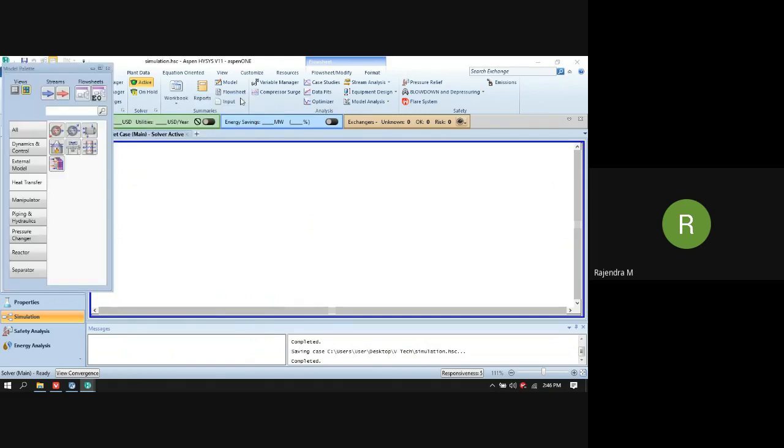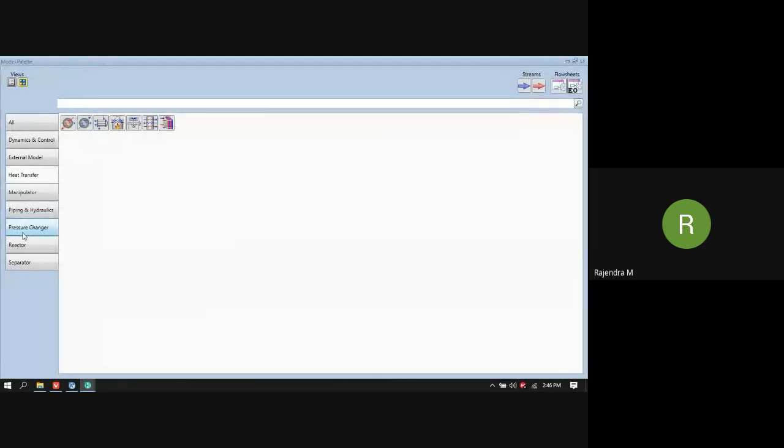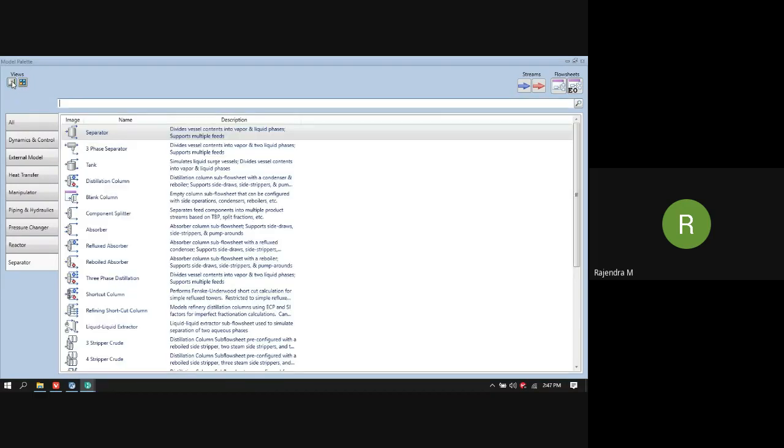You can maximize this, move to any particular tab, and click on it. Then go to the left hand side top and select the description icon, a rectangular icon. After selecting description, you can see the description of the various palettes.